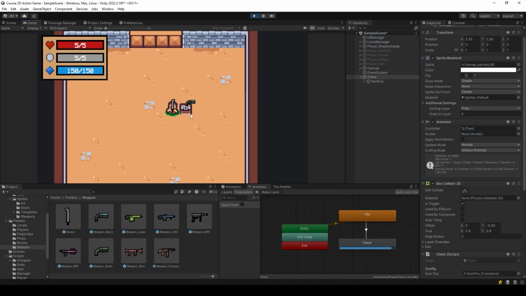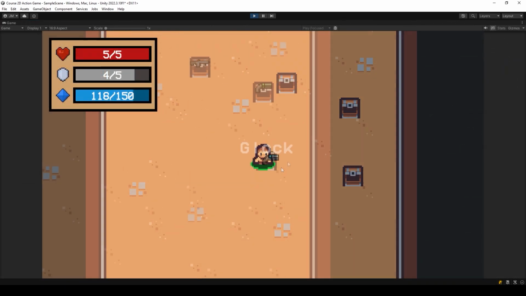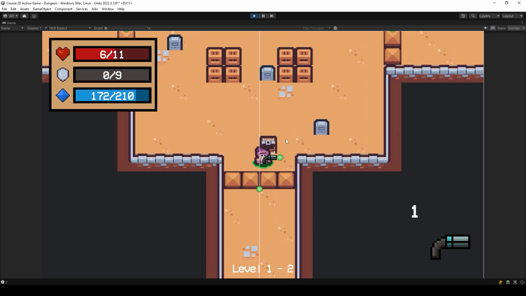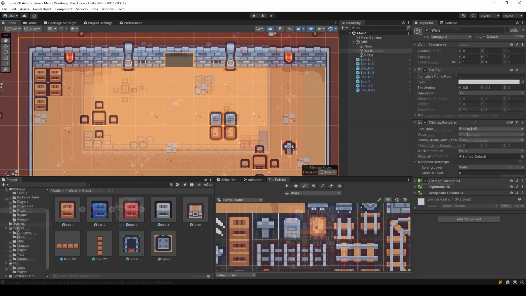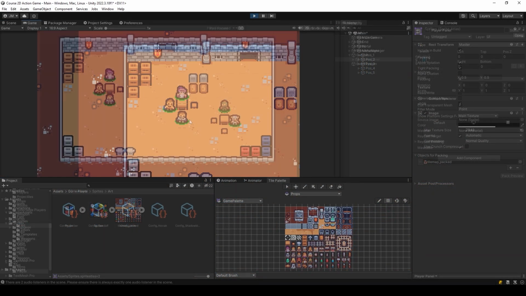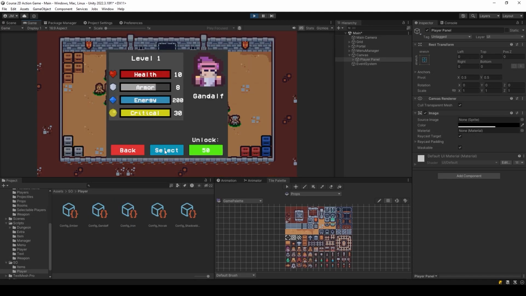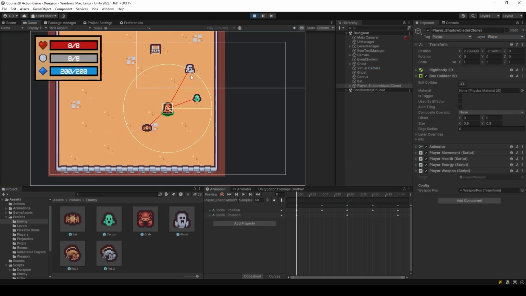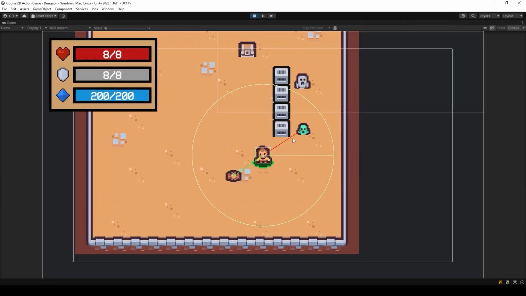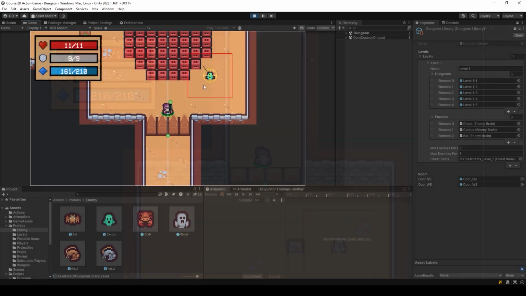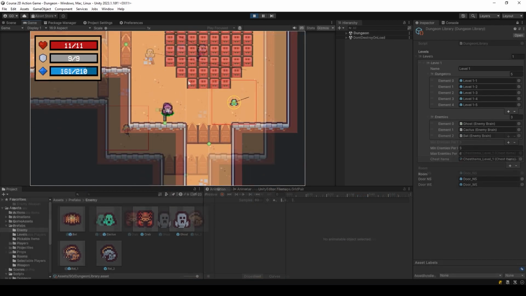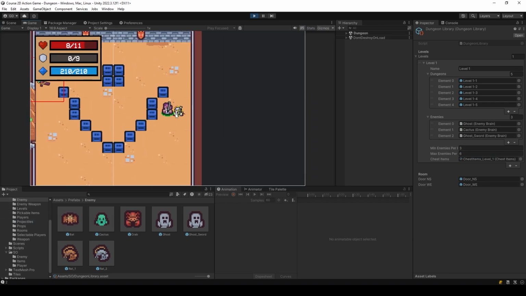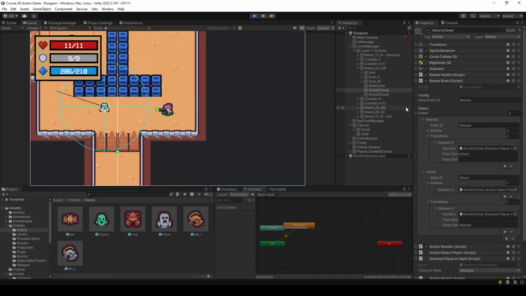In the following sections, we will create our pickable objects, where we can collect items such as weapons to be able to equip them. We will continue with the creation of our main scene, which will act as a lobby where we can choose the character we want to use. Later, we will create our enemies with our state-based artificial intelligence system. We can create different states such as wander, attack, and we will also have the possibility of creating actions and